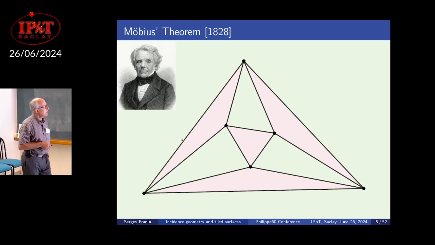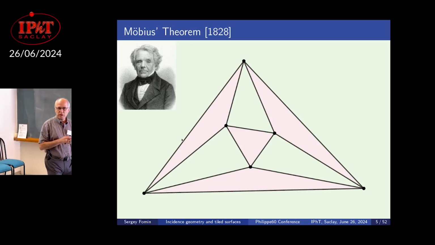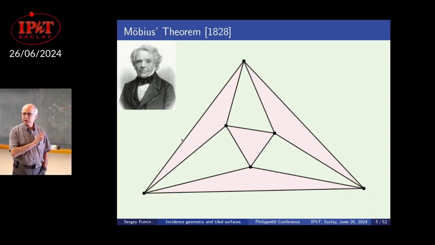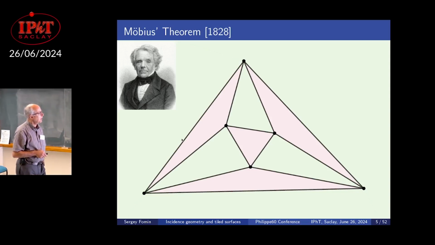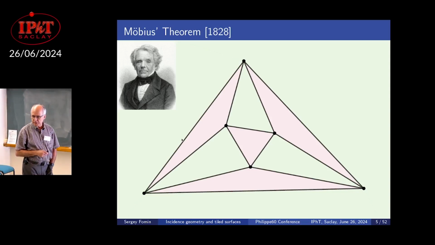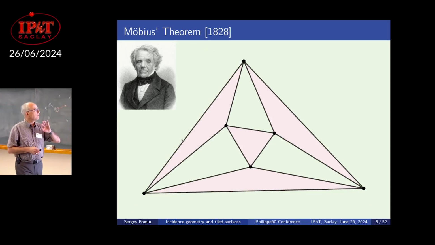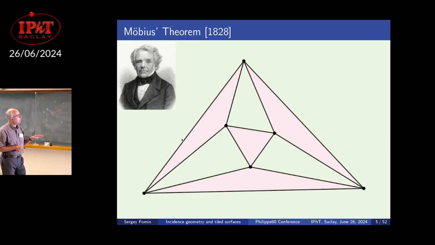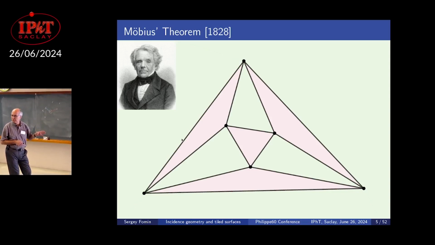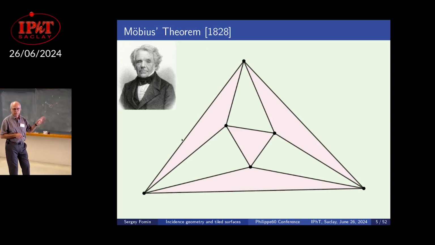So take 6 points in the space. Think of these 6 points as vertices of an octahedron. Okay? The octahedron, as the name suggests, has 8 faces. So take those 8 triangles. Each of these triangles defines a plane. Those triangles, you can color them alternately black and white. Okay, so there are 4 black triangles, 4 white triangles. You take the 4 black planes,